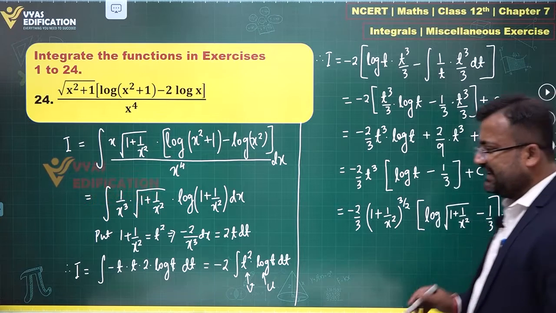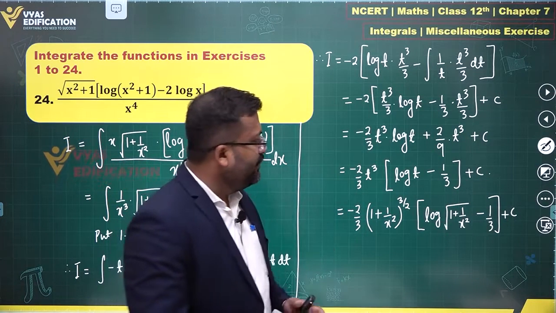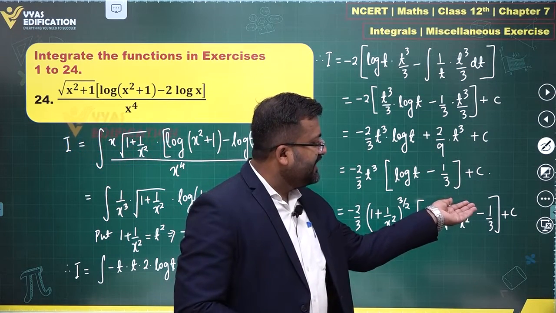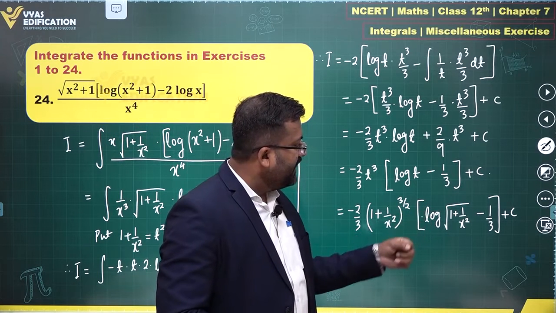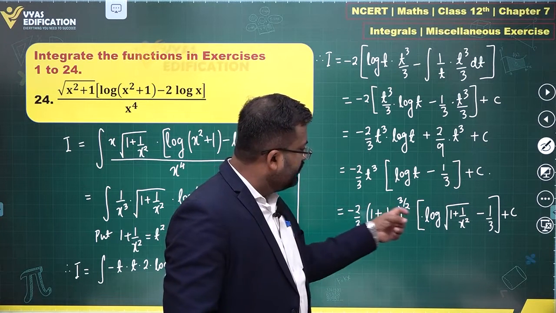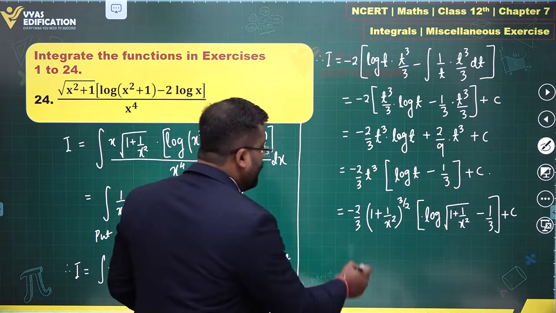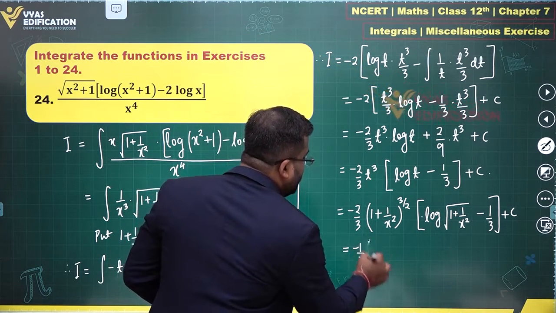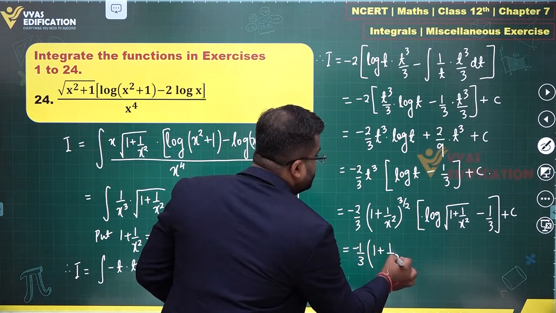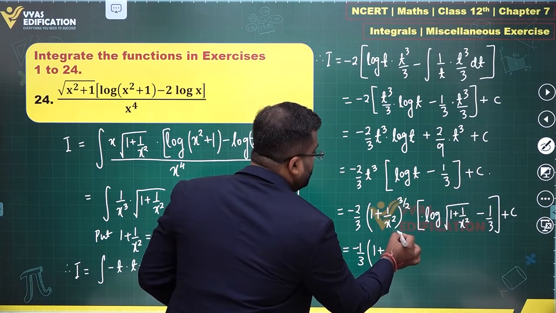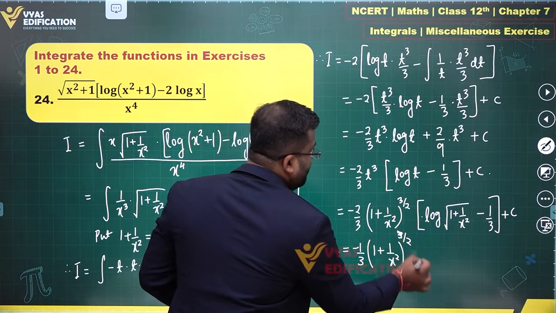Oh, this looks a bit bad. But what I can do is, this is 1 plus 1 upon x square raised to power 1 by 2. That power 1 by 2 will come over here. And maybe I can take this 2 inside. This becomes 1 and this becomes 2 by 3. Yes, that's something which I can do. So this becomes minus 1 by 3, 1 plus 1 upon x square power 3 by 2. And just to make it a bit